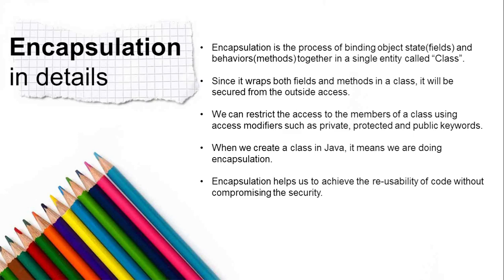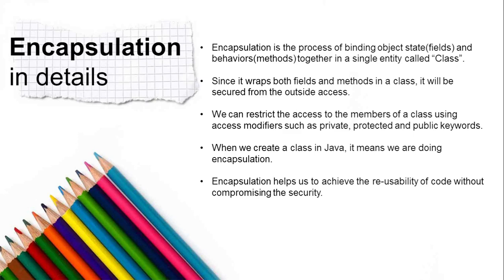As in encapsulation, the class wraps both fields and methods, so they are secured from outside access. Suppose you have defined an integer a inside a class, and another method, my method 1, inside that class. They cannot be accessed outside of the class without creating the object of the class. In this way, it provides encapsulation. It is encapsulating the data and the methods inside a class framework.